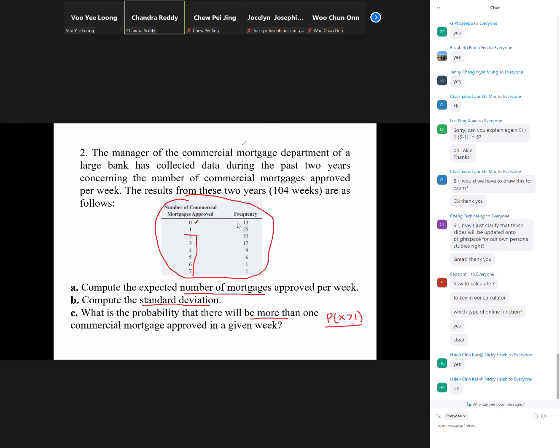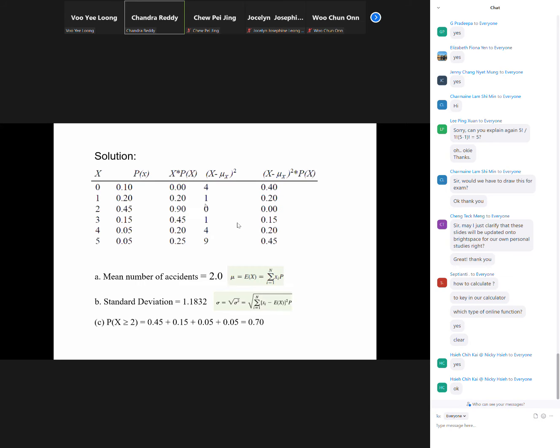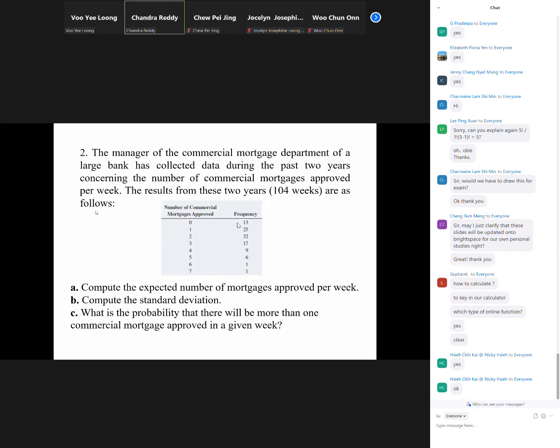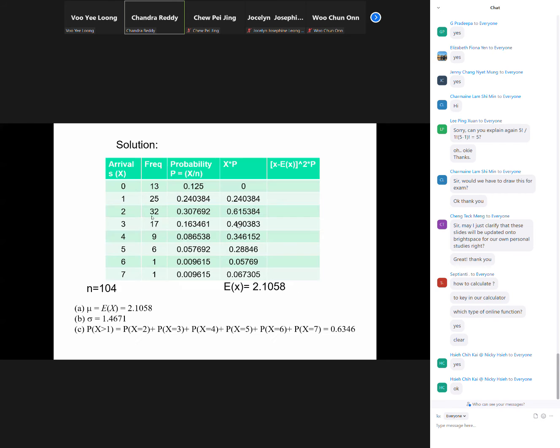Okay, so this question is very similar to the previous one. The previous one we have seen, how this can be done by preparing the columns like this. For the next one, I just prepared some Excel sheet and tried to put it in. So what is given is that